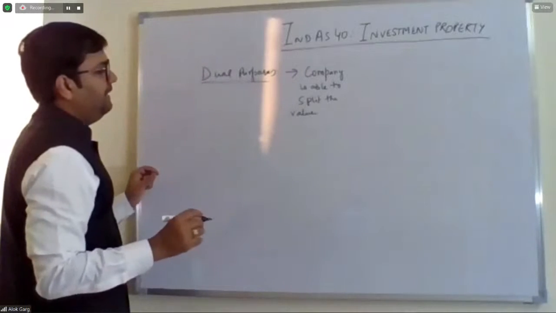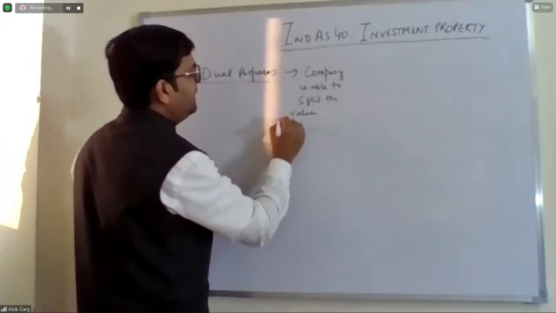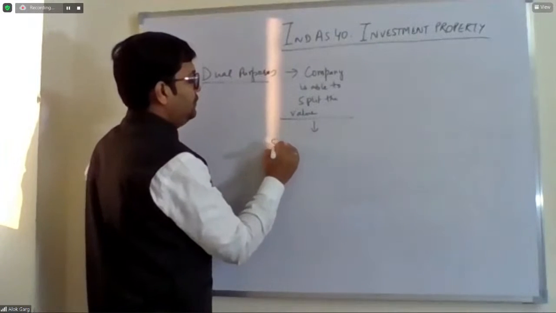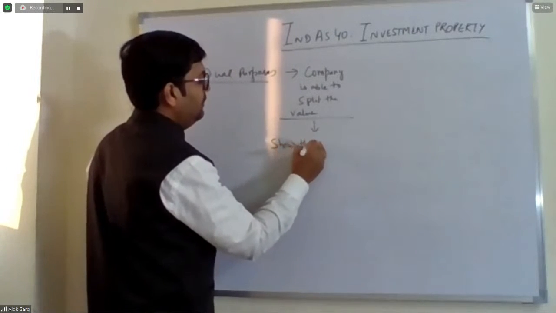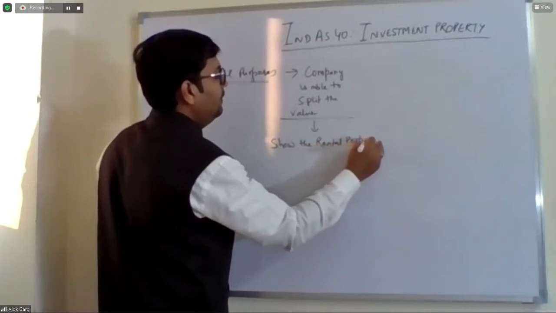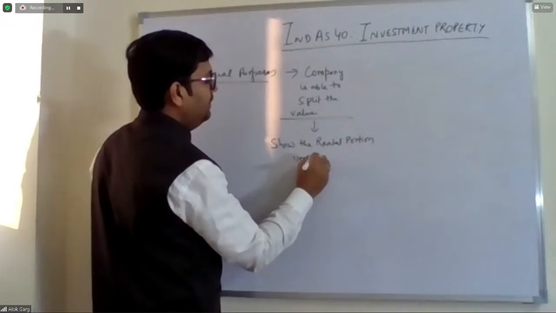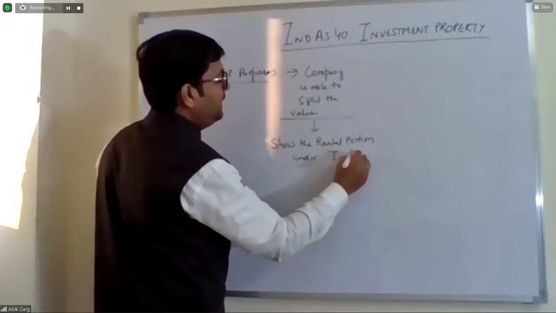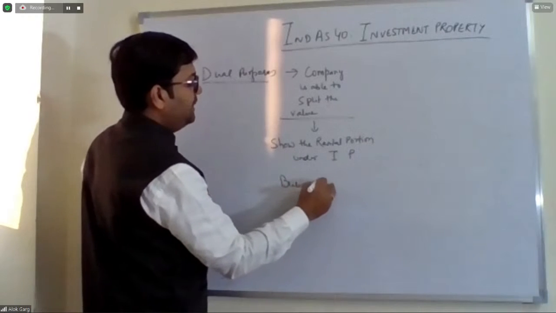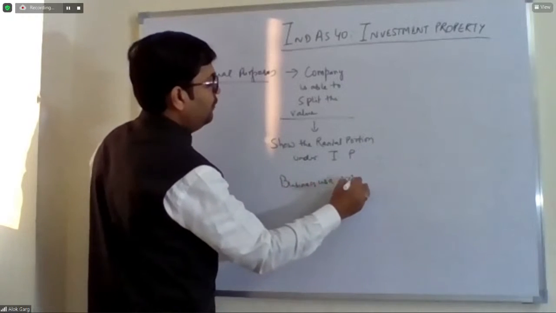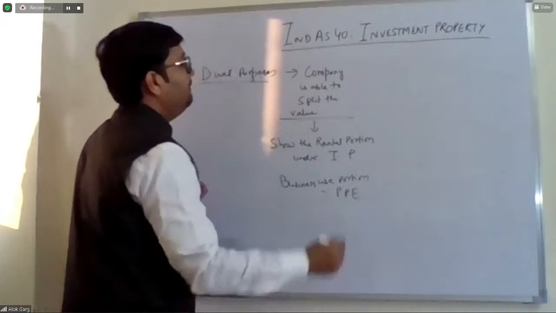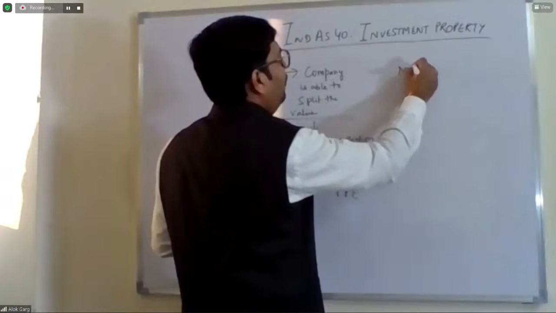If the company is able to split the value, then what will happen in that case? The rental portion under investment property and the business use portion under PPE. If the company is not able to split,